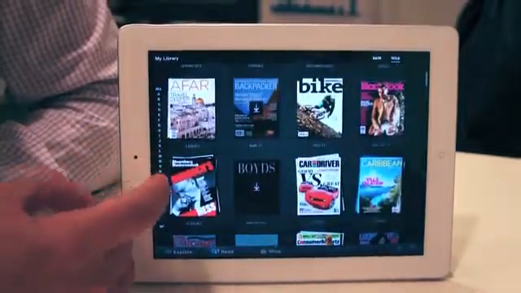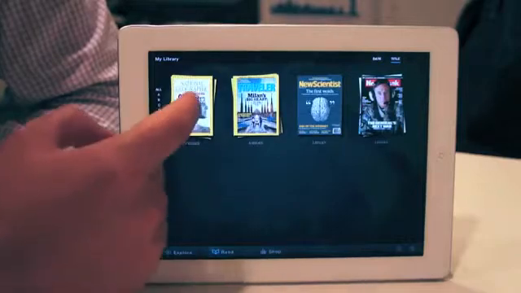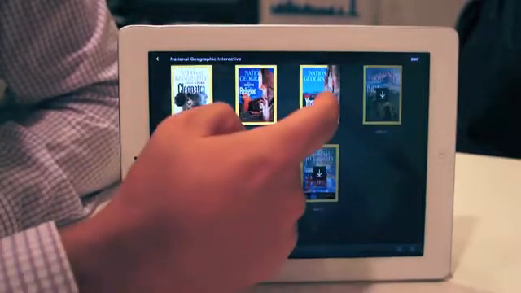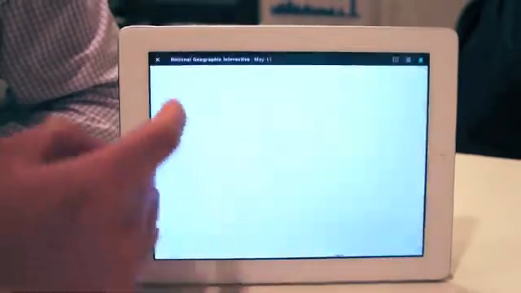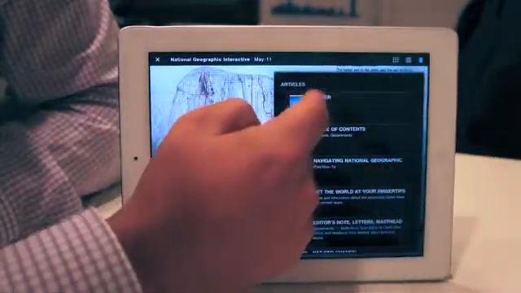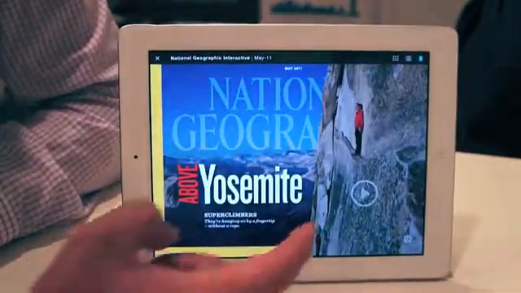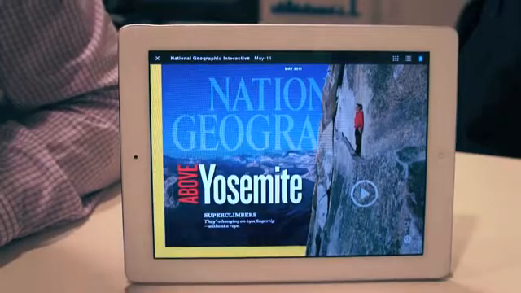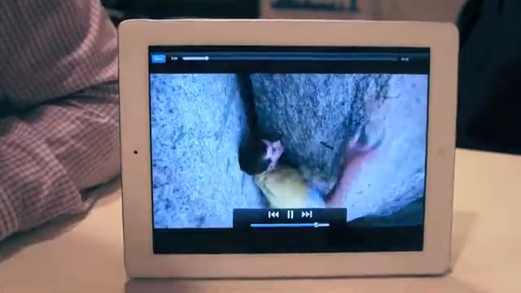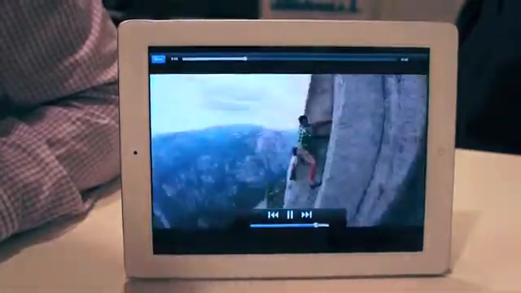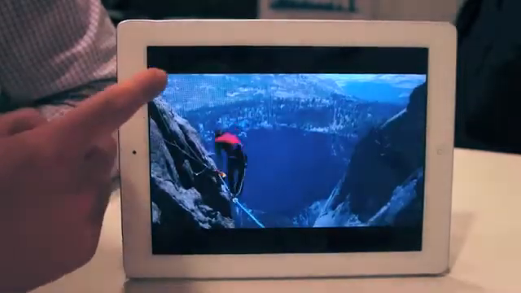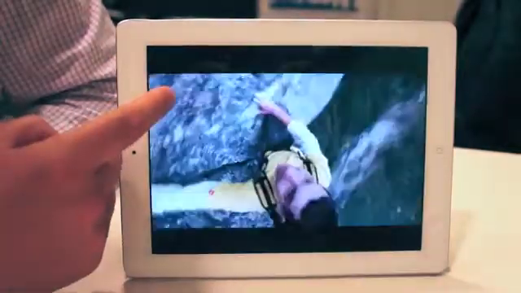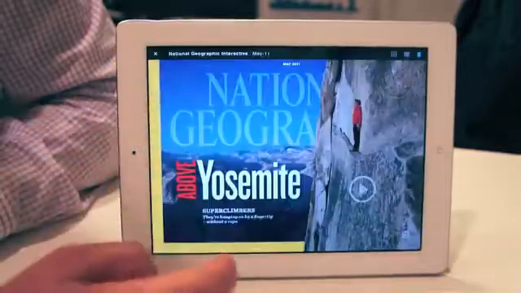And as I go through, I can have various experiences. In this case, National Geographic. It'll take me to the last page I left off reading. I'm going to pull up the cover. But you can see this magazine is much more than simply a National Geographic magazine. It has video, it has a much more interactive experience. And that's where we're going with this: magazines that are designed for the medium, that are much more engaging, much more